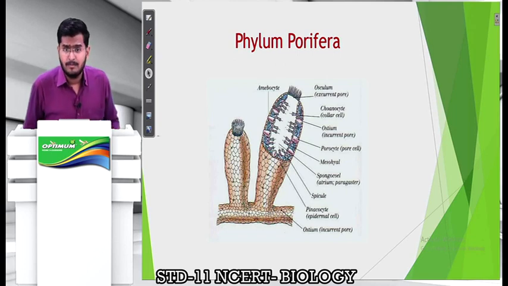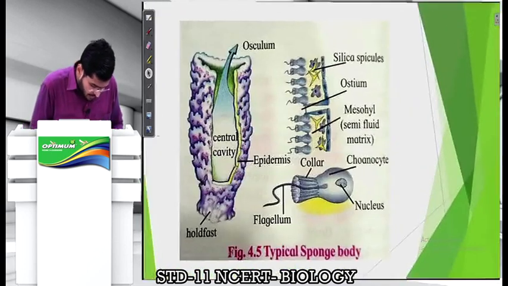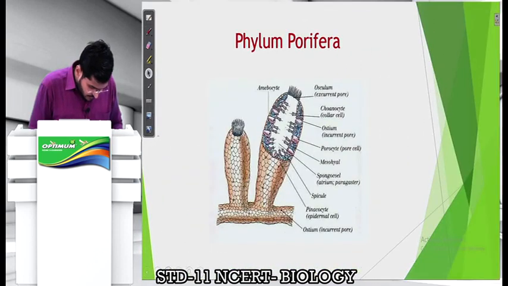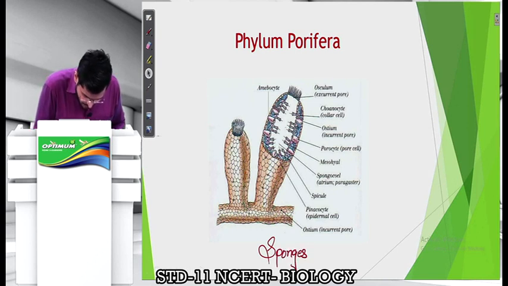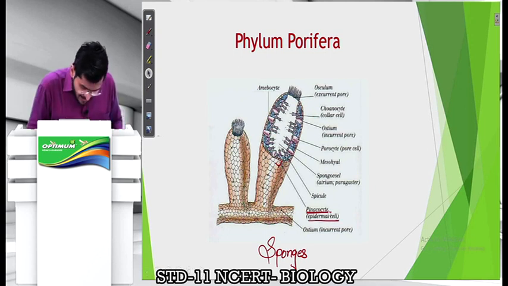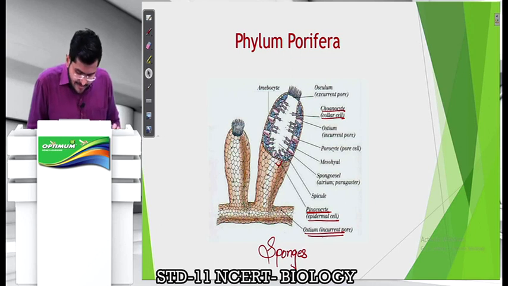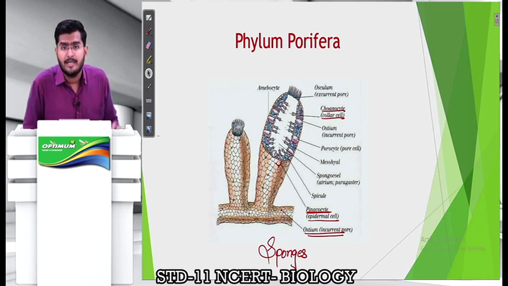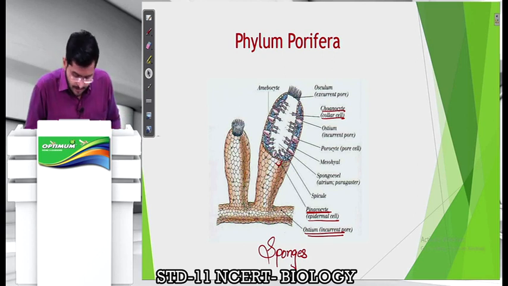So you can see this is phylum Porifera, जिसमें हम जो पहला organism पढ़ रहे हैं, that is sponges. Okay, so these are sponges. What you see here on the body, scale like जो structure है, is the epidermal cell which is called pinacocyte, right? Then they have shown you choanocyte on the internal end, which has flagella or hair-like structures. There are several small pores on the body. Each of these pores is called ostium. These are smaller pores, and these are also called incurrent pores, क्योंकि इन छोटे opening से पानी जो है वो अंदर जाएगा. So क्योंकि पानी इनके through अंदर जाएगा, इसलिए इनको कहा जाता है incurrent pores or ostium.